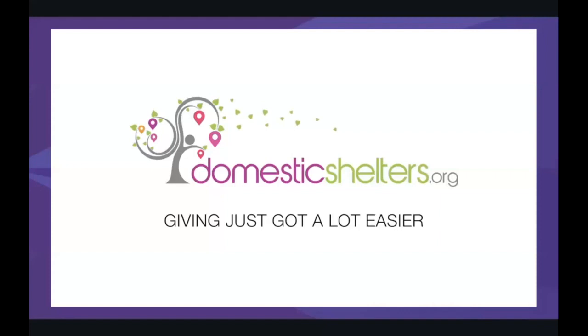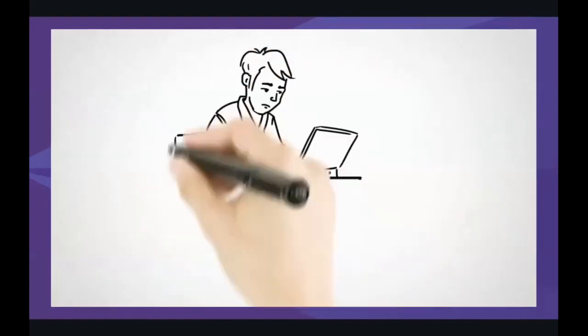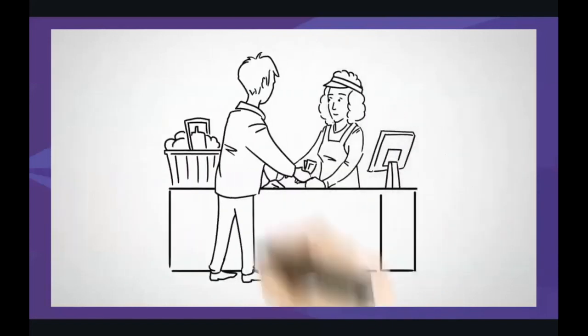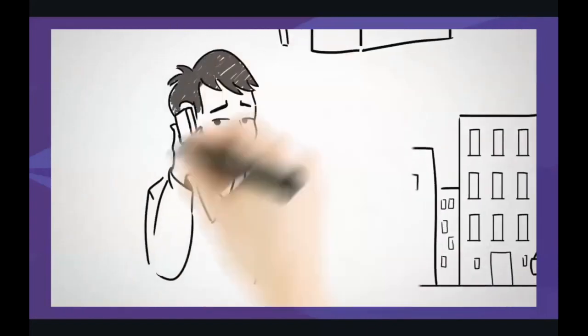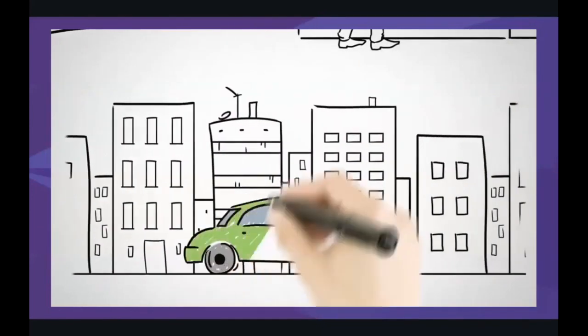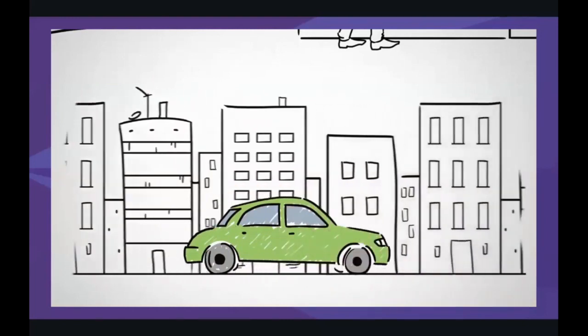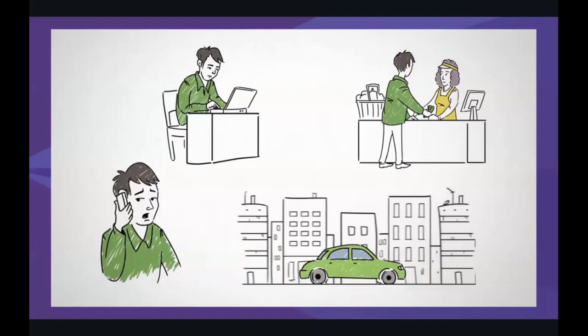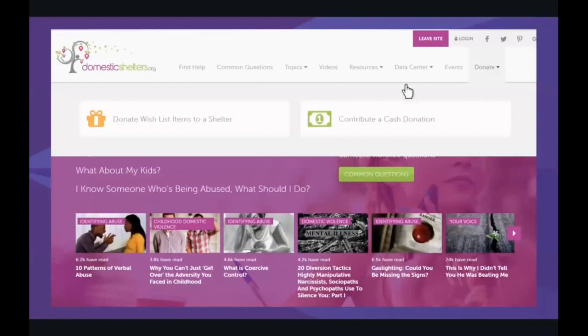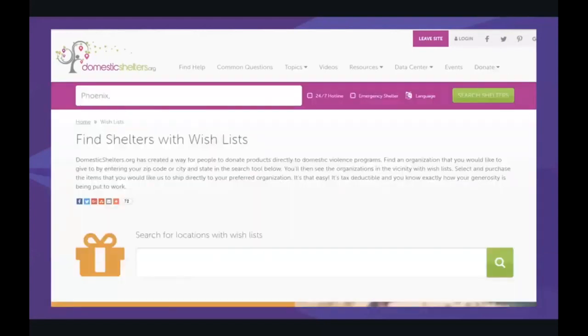Giving goods and critically needed items to domestic violence shelters just got a lot easier. In fact, it's now just as easy as buying anything online. Until now, giving items like food, clothing, and other necessities was harder than it should be. You had to find out what items a shelter needed, go to the store and purchase the item, contact your favorite shelter again to coordinate a drop-off to a secure private location, and then set aside time from your busy day to go across town and deliver your gifts. Phew, that's a lot of work. Of course, it was well worth it, but now, shelters using the domesticshelters.org wishlist platform make giving much easier.